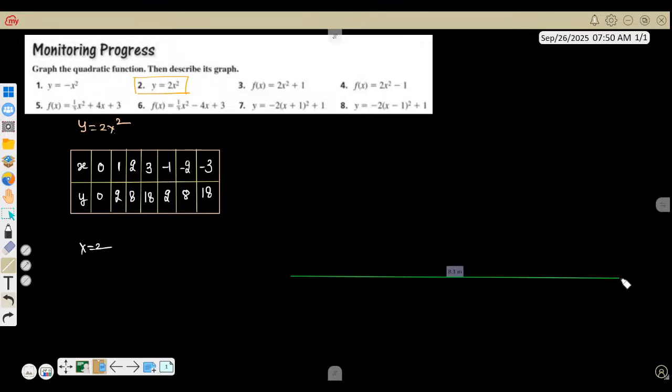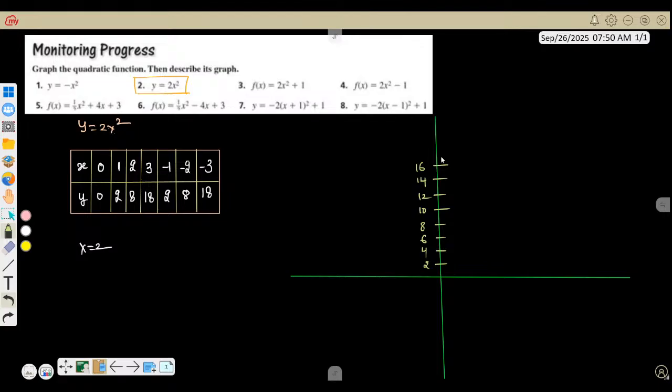Now make a graph properly. Draw the x-axis. Then draw the y-axis like that. Now make some points on this. You can see y is so large, so you have to take a gap of 2. So 2, 4, 6, 8, 10, 12, 14, 16, 18 and 20. But on the x-axis you can take a gap of 1 unit,